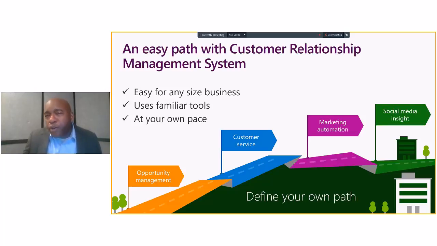The other part of CRM is marketing automation, being able to do drip marketing, being able to send out emails perhaps to all of our leads and do that on a regular basis where they can know about our company and what's going on. And to understand our products, we can educate them and bring them to the point when they're ready to come on board and engage with us.